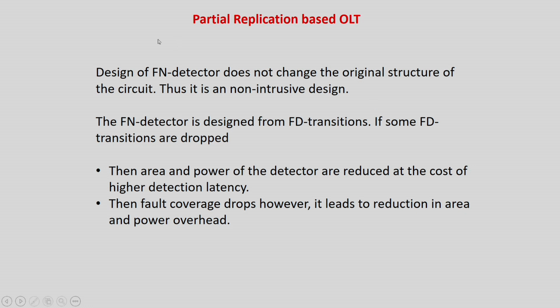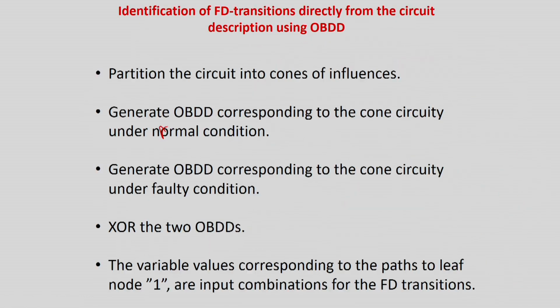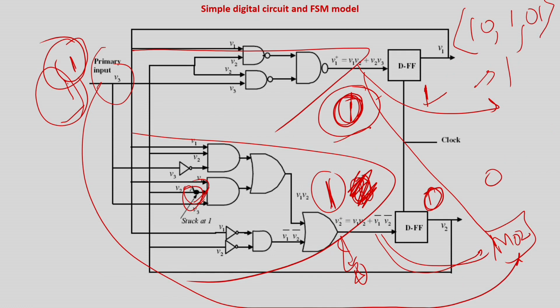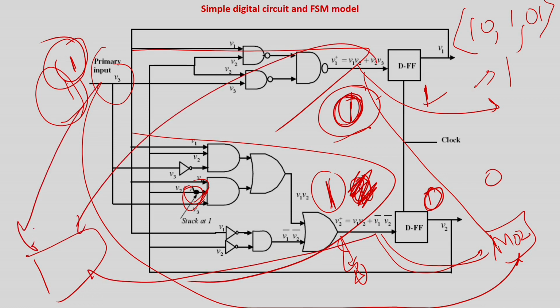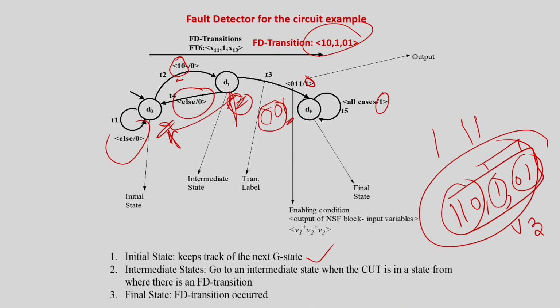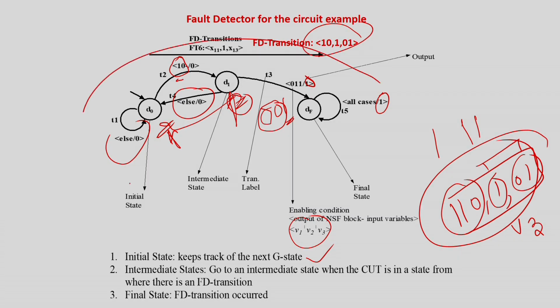But what are the advantages? The design of the FN detector does not change the original structure of the circuit. So it is a non-intrusive design. That is the key challenge, that it does not change the circuit at all. You just take this, and the FN detector will be something like this. If you synthesize this FN detector, it will just probe this line, this line, and this line, and it will concurrently run with the circuit. So it need not change anything. If you look at the structure, it just probes the 3 lines, that is V1, V2 and V3. It just observes these 2 state lines and the input lines and tries to track where the circuit is going. So there is no change in the circuit itself. So it's a very nice design. But you can see one thing you have to appreciate, that this FSM is also not very small.